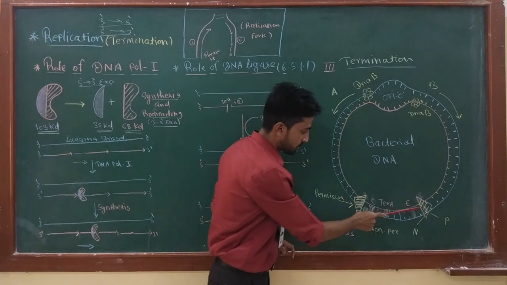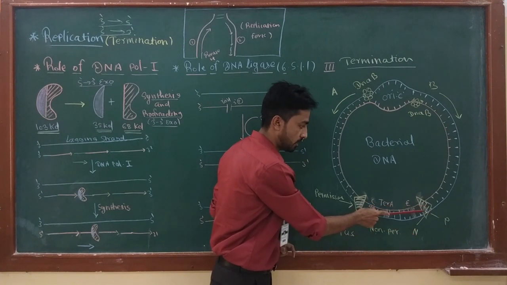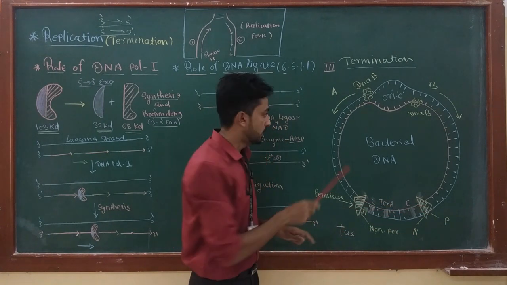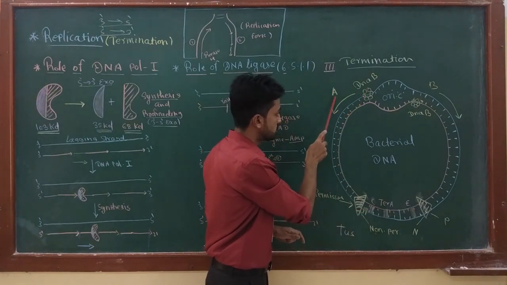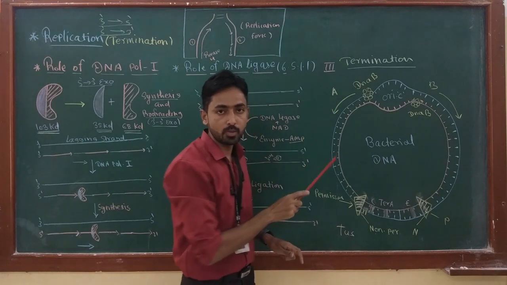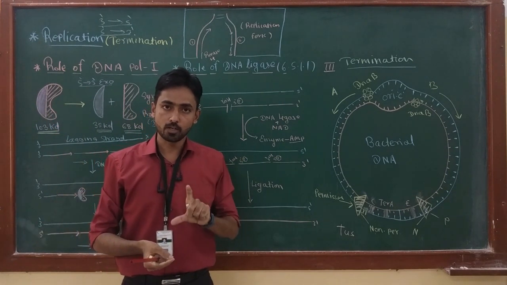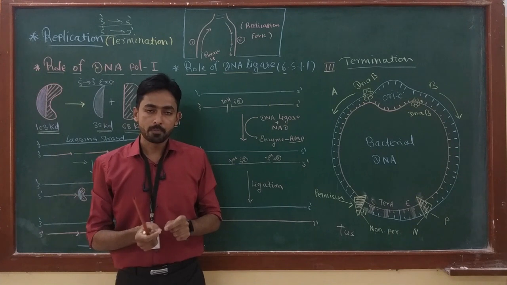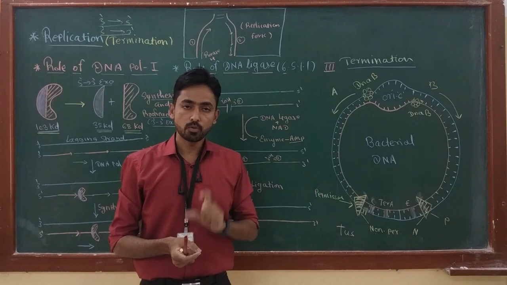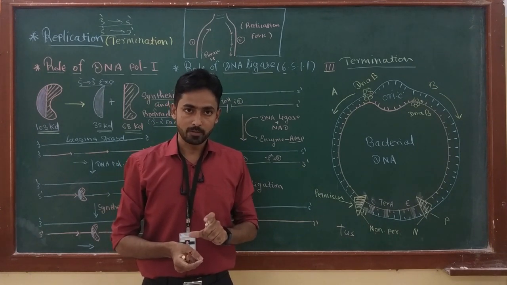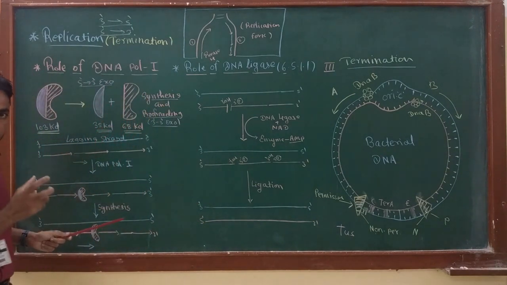Okay, the same thing happens at this site. This site is a non-permissive site of the TUS protein. It will also flip open the nucleotide, which will inhibit the action of DnaB present in replication fork A. In this way, two replication forks moving in opposite directions simultaneously on a circular chromosome of the prokaryote stop at a specific site called the TER site, and that TER site is bound with a special protein called the TUS protein.